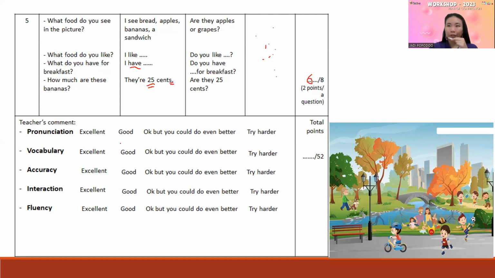And yes, you can say goodbye to the students. It's the end of the speaking test. So see you next time. Thank you. Okay, goodbye. And when you say goodbye to the student, it's time for you to write your comments